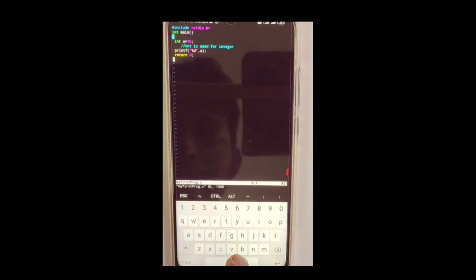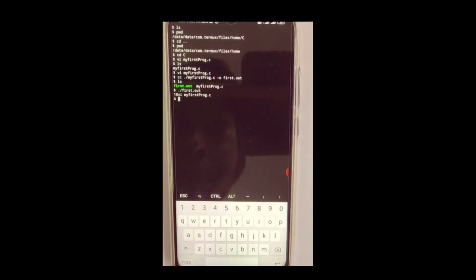So this is the full process of running a program. This way, from the beginning, you can run a simple program.